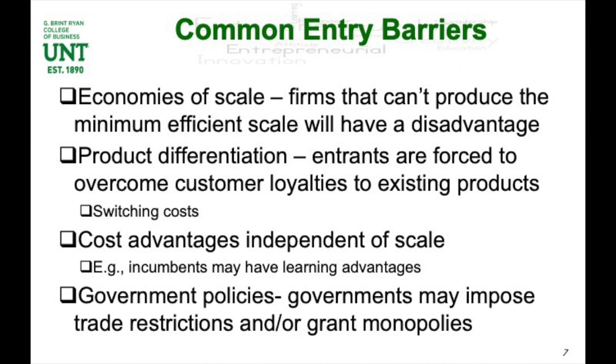Right, so that's just one of the advantages. That's just independent of scale. It's nothing to do with how large the company is. Right, so you can talk about smaller shops around the Dallas-Fort Worth Metroplex, like Emporium Pies. They have a certain secret that allows them to serve as many customers as they have. You ever line up in one of their shops in Bishop Arts, for example, and see how long that line can get? Well, they have a very efficient way of getting customers through. So those are cost advantages that are independent of scale.